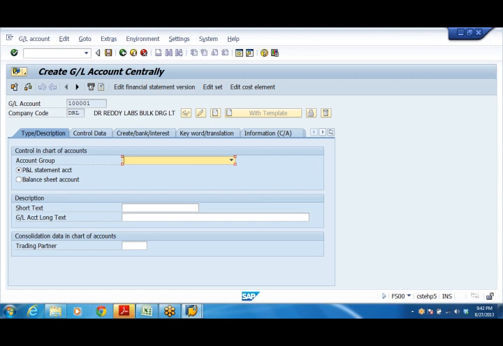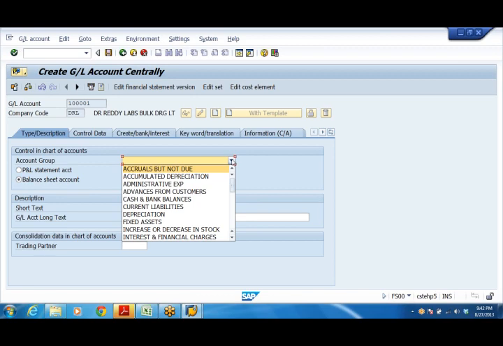Now, see, this 1 lakh 1 is a balance sheet account, because we are going to create this GL account for the purpose of the balance sheet. Share capital account I'm going to create, which belongs to the share capital group, whatever account group we created in our previous steps, step number 7, creation of account groups.